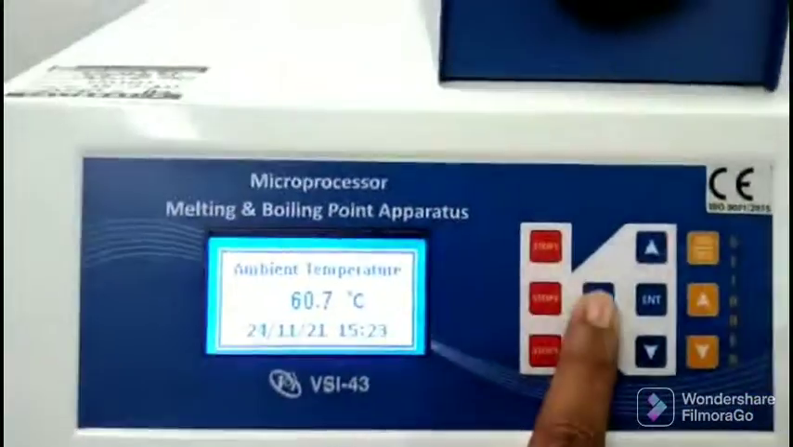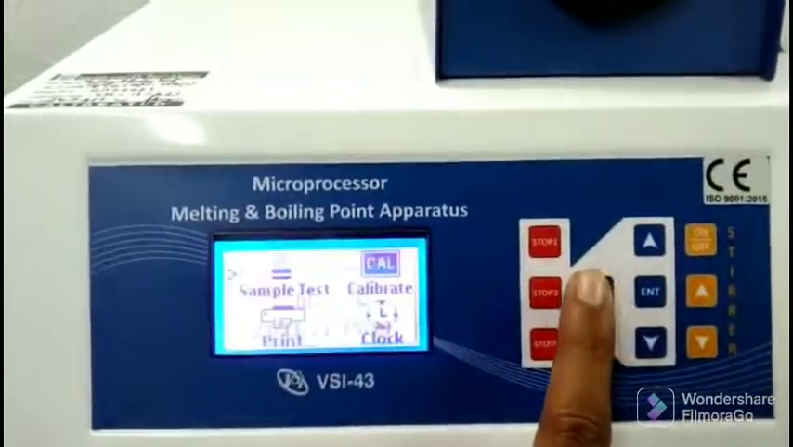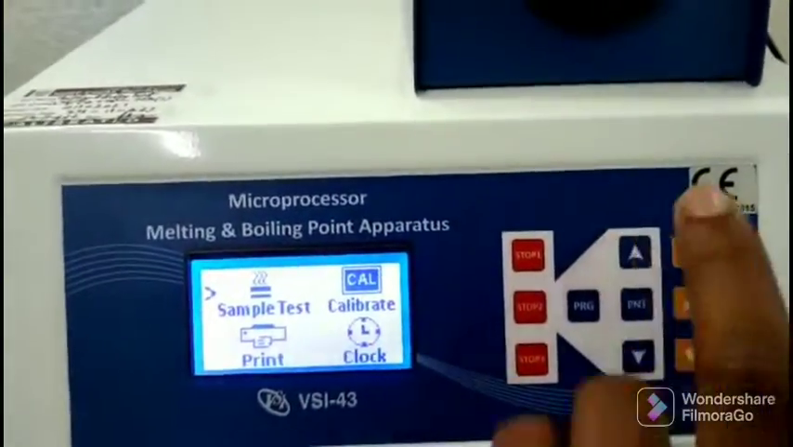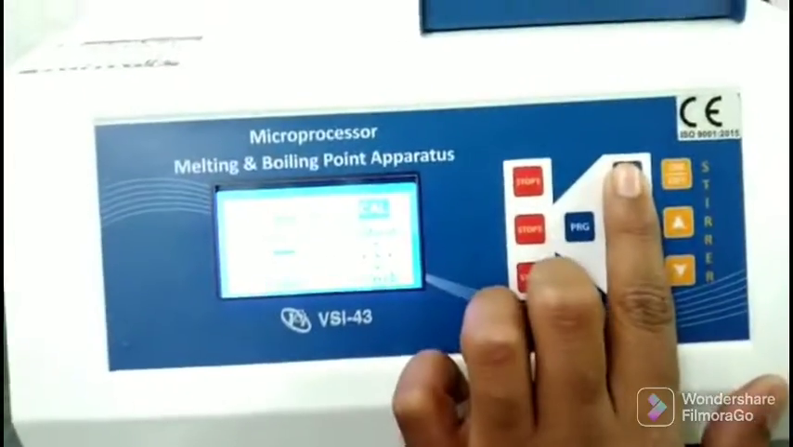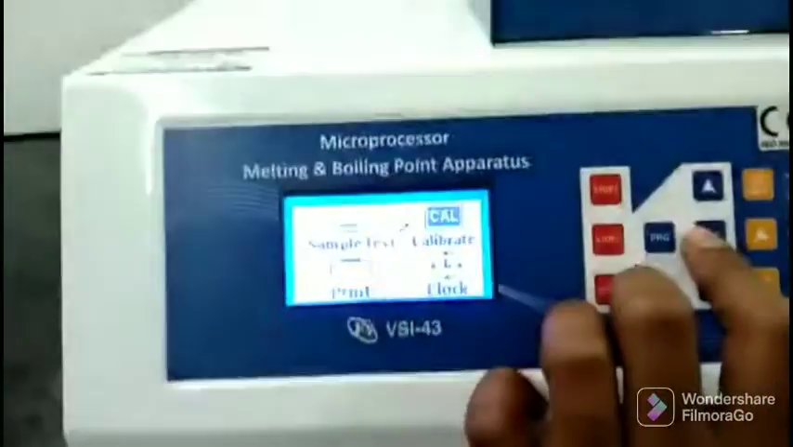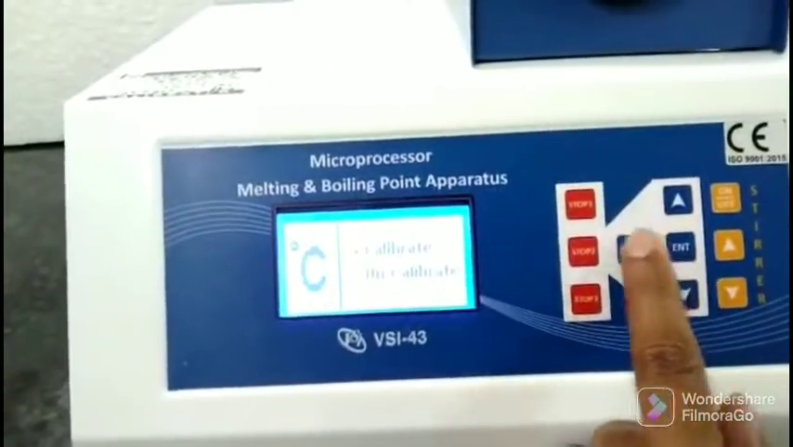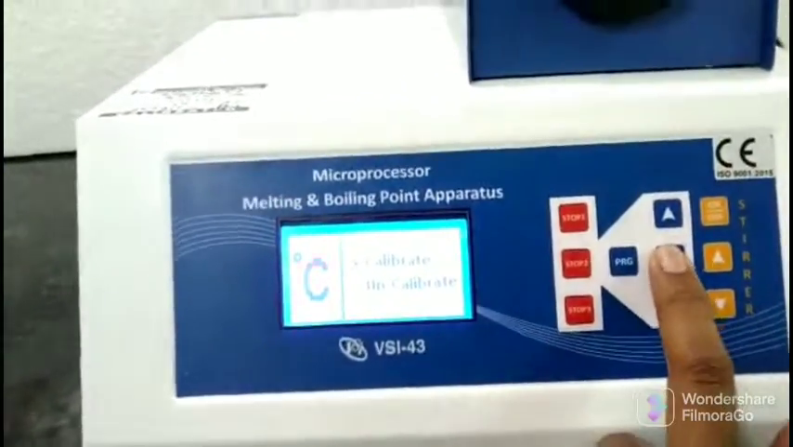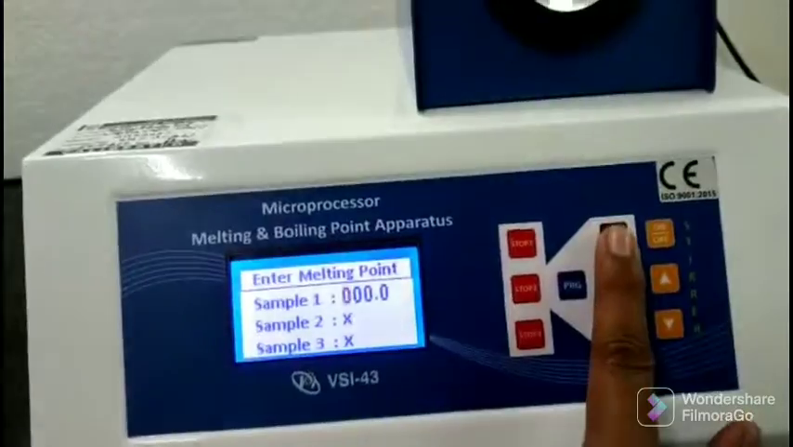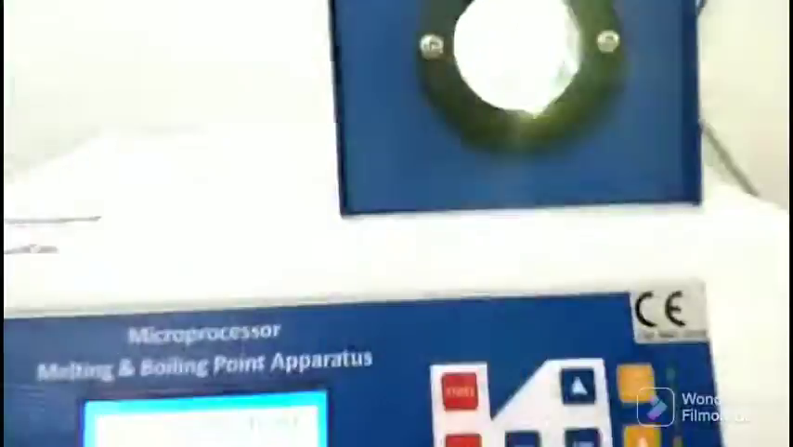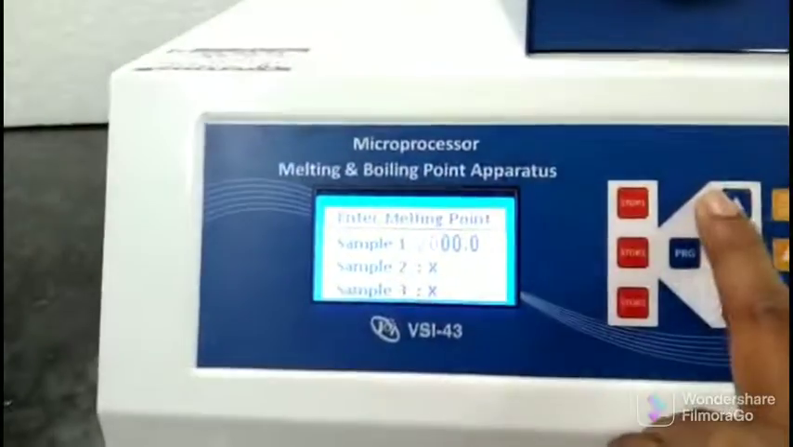First of all, we press the PRG button for further calibration, and for betterment of your temperature, we go to the calibration mode. Press enter to go to the calibration mode, and put the temperature value of your standard sample. For example, put benzoic acid in your heater. Just put its melting point,